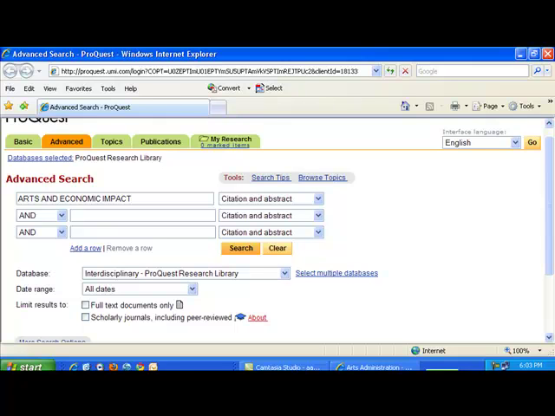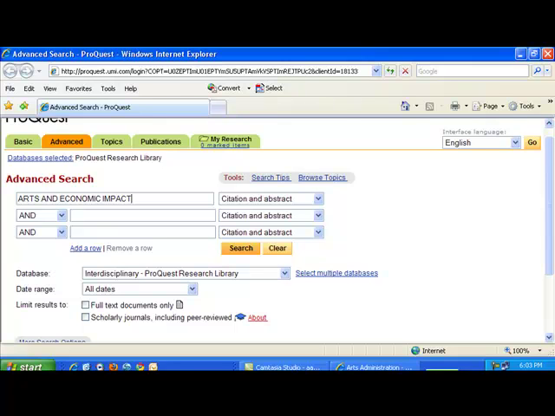When starting your search, you really want to keep it to 1 or 2 words, often just joined by and. I want articles about the arts that also talk about their economic impact. Databases are a bit more particular than Google. You can't really put in a whole sentence and hope to get relevant results. That's why I suggest starting small with 2 or 3 words and then adding more as need be.